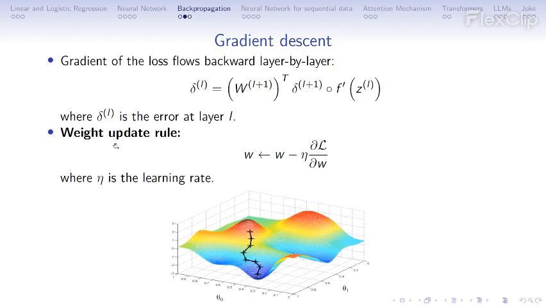So what does the weight update rule do? The weight is updated by the weight that you have now minus the learning rate. This is the learning rate here, times the chain rule, or the partial derivative of the loss function with respect to each weight. So what does learning rate mean? This is a very clear, nice example of gradient descent.